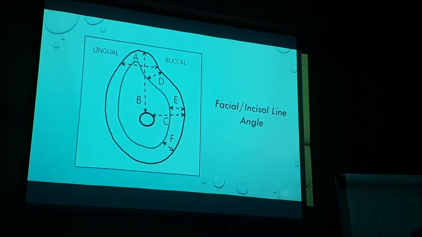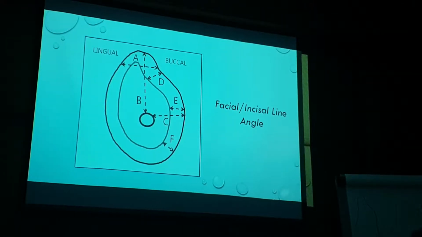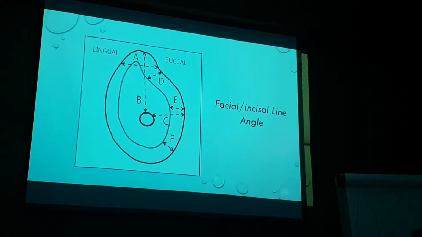The first bone that's lost is the facial incisal line angle. Okay. The most critical area for the loss is the premaxilla. When we lose that facial incisal line angle, what happens? We end up having to place our implant more apically or more palatal. And that ends up with an implant tooth that looks like this next to a regular tooth that looks like